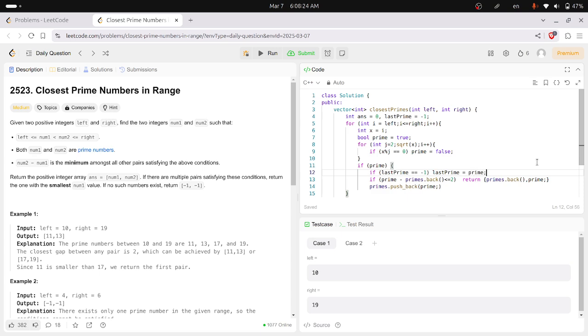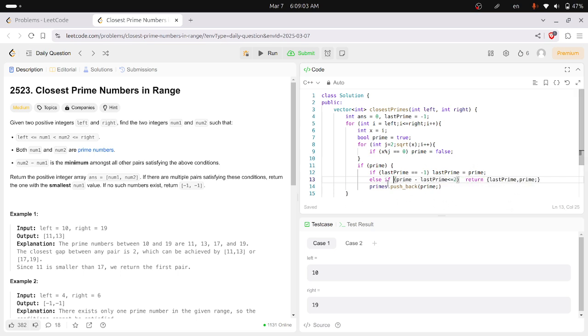And if I found a prime number before, which is stored in the last prime variable, then I'll check if prime minus last prime is less than or equal to 2. Then I'll return last prime and the number that I just found, and else if